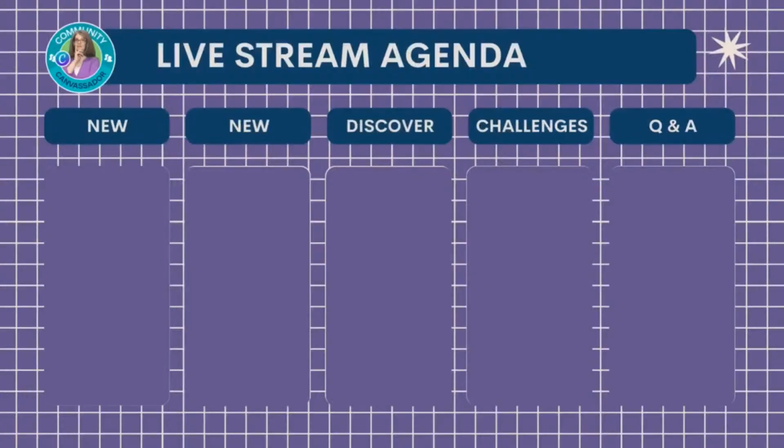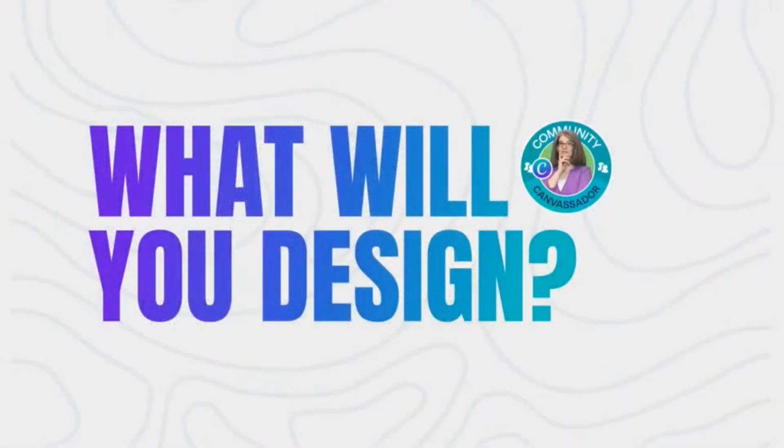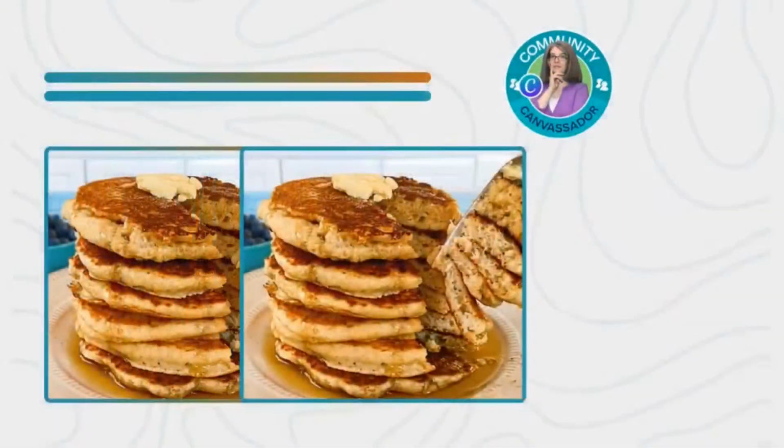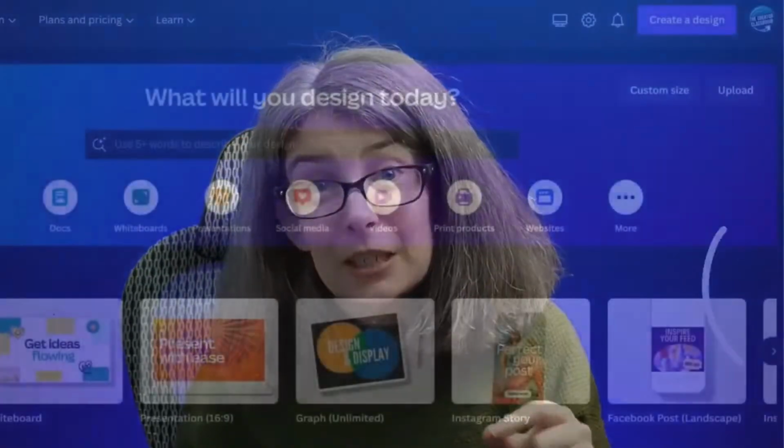Here's a quick sneak peek of today's agenda. Today's live stream is so exciting. I'm going to share with you a couple new features. Digital art with Canva mentions an app. I'm just going to look up. Oh, that is awesome. We're also going to talk about another new feature that I've not really talked about here on the channel. And then we're going to dive into something that you probably don't know exists. We're going to talk about creator accountability. Like every single live stream, I answer your questions live.